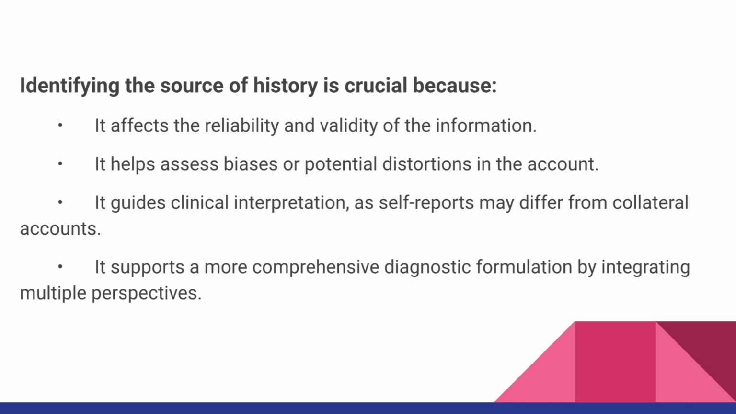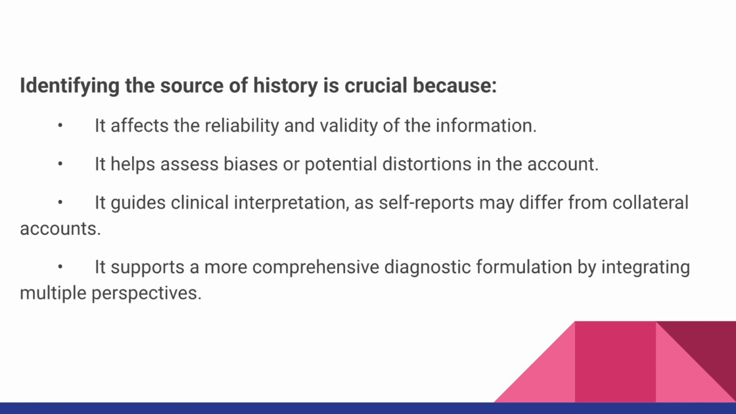In psychiatric history, identifying the source of information is very crucial because it affects the reliability and validity of our information. It helps to assess any biases or potential distortions. It guides clinical interpretation as self reports may differ from collateral accounts, and it supports a more comprehensive diagnostic formulation